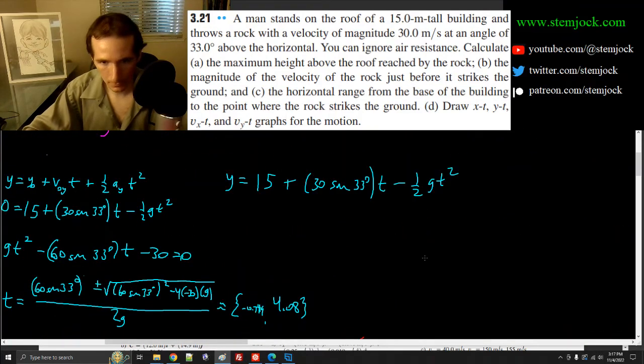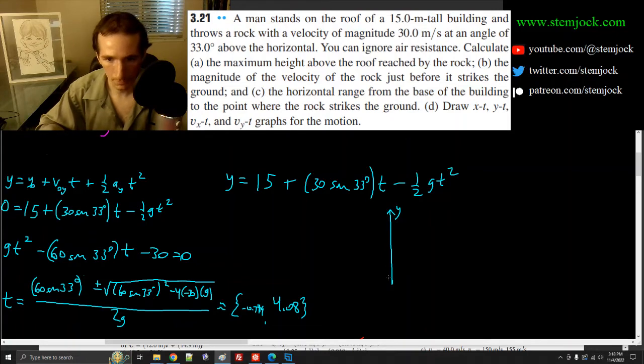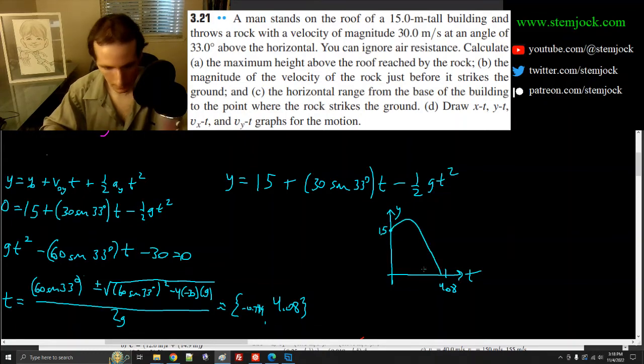You know what? I'll draw it again here just to sketch it. So this here, vertical axis is y versus t. So it's going to stop at 4.08. The height is going to be at 0. So it starts at 15, and it goes like this. It should be parabolic, but we can use